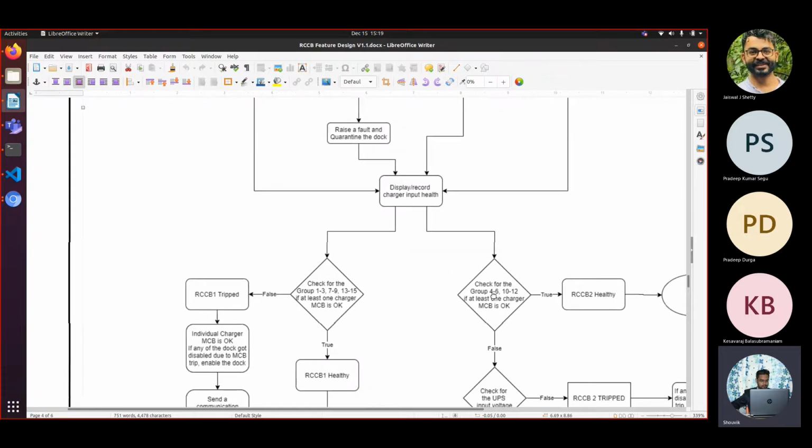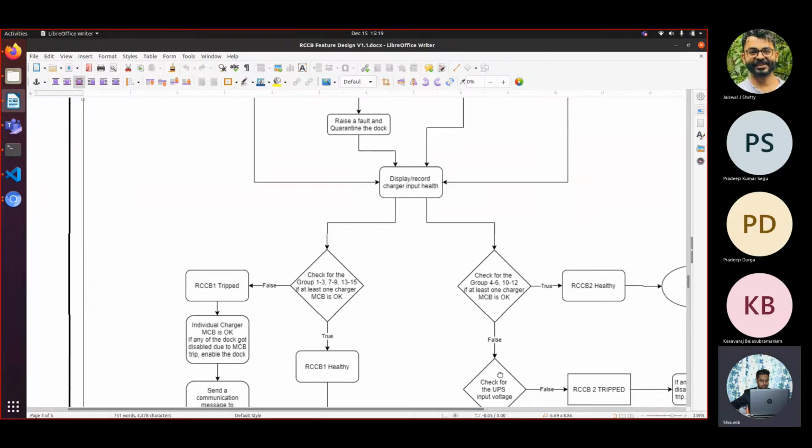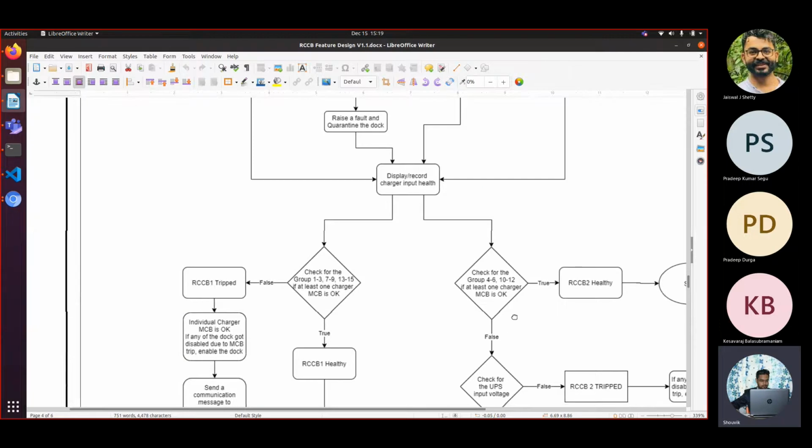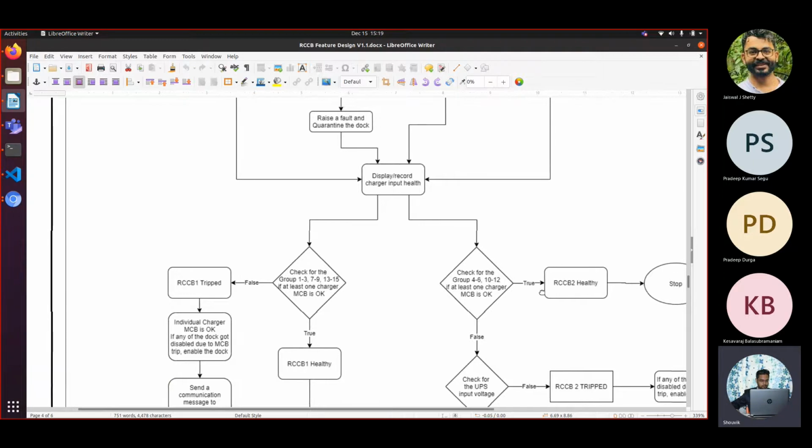For RCCB2 there is a little difference. Instead of 9 chargers, we are getting 6 chargers only, that is 4, 5, 6, 10, 11, 12. If all the chargers are reporting the issue, then also we are not declaring it directly, but if at least one charger is getting input voltage, we are clearly saying that RCCB2 is healthy.